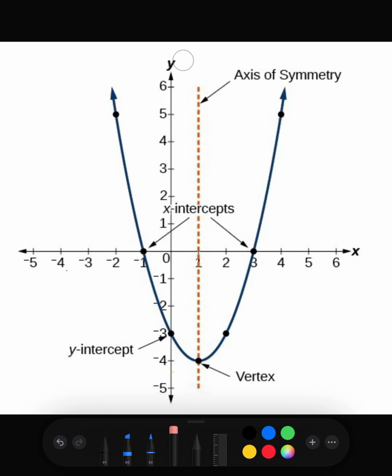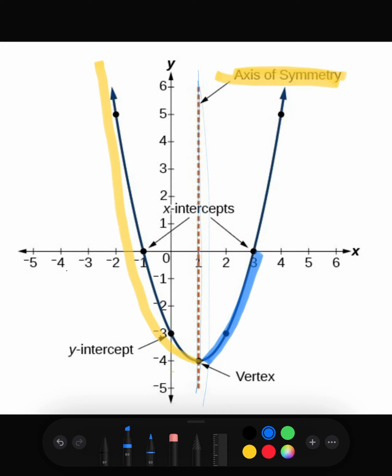The axis of symmetry is this dotted red line that we have here, going up and down, cutting through the parabola. So this is called the axis of symmetry. Let me highlight that for you in yellow. Axis of symmetry. And symmetry, symmetrical, is the property that this parabola has that when I cut it in half, like imagine I took a pair of scissors and I just zoop, I cut this right down the axis of symmetry. My left half of the graph